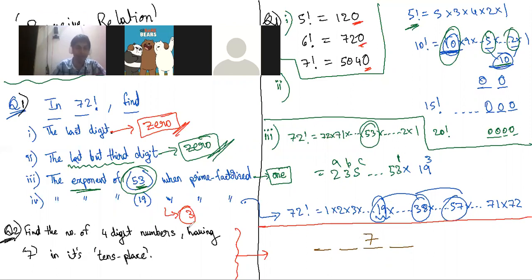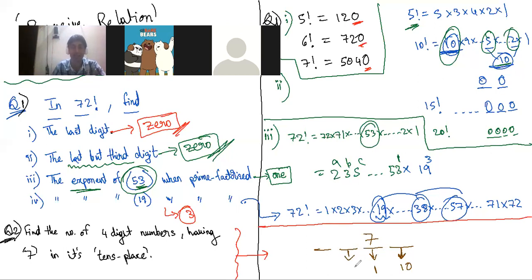Yeah, see Anushrita, nowhere in the question they told that if you have 7 here, why 7 should not come here? 7 can come here. Okay, sir, I understand. Sir, the first place should be 9. But in the hundreds place it can be 10. So, 0 to 9. In this position, how many options do you have? 10. And here, how many options? Only one, 7. One option.